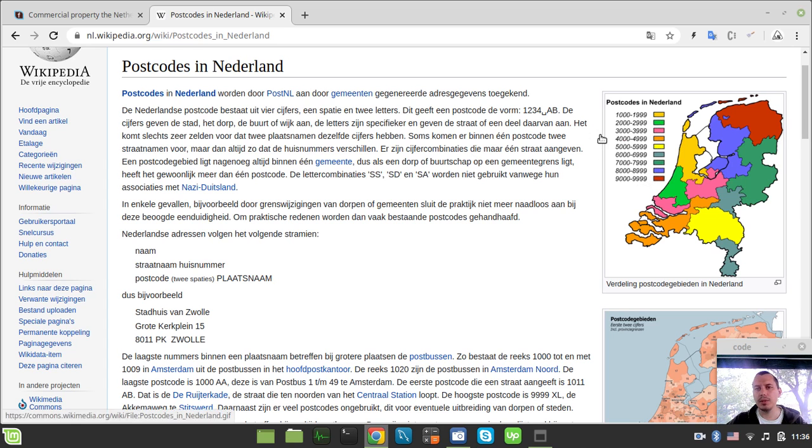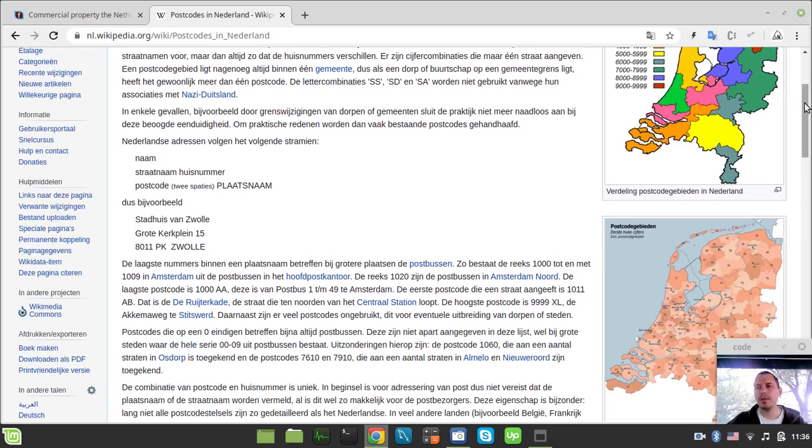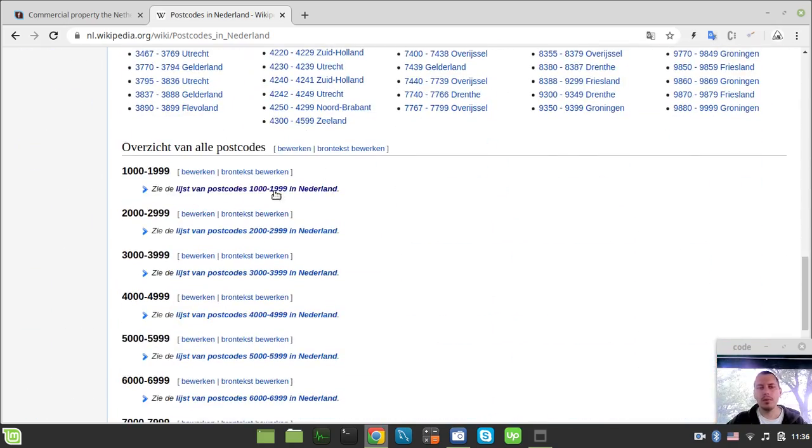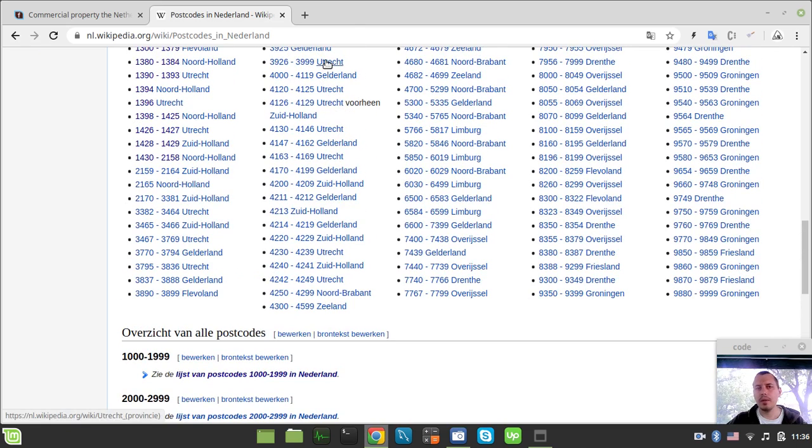So no need to scrape the postal codes over in here, because we don't really need any area labels or things like that. We need just the bare